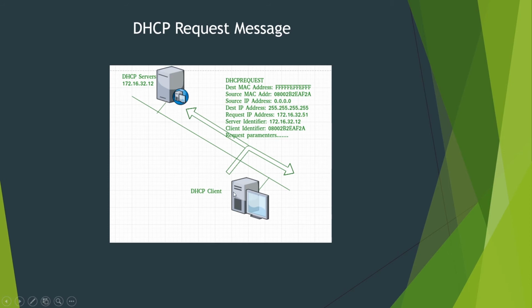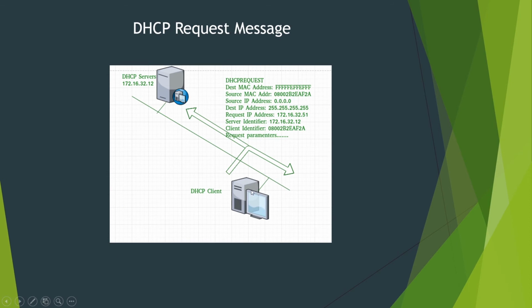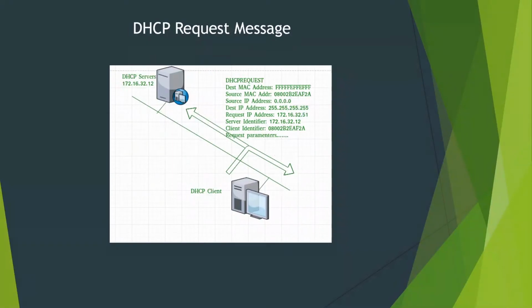So let's assume that there is no other computer with the same IP address. After finding out that there is no reply with any MAC address from any computer, it assumes that this offered IP address is free. Now the client, after checking that the offered IP address is free, sends a DHCP request to the DHCP servers. The destination MAC address is everyone, the source MAC address is the MAC address of this client, the source IP address is 0.0.0.0, the destination IP address is everyone, and the server identifier is this one, which is the IP address of the DHCP server.